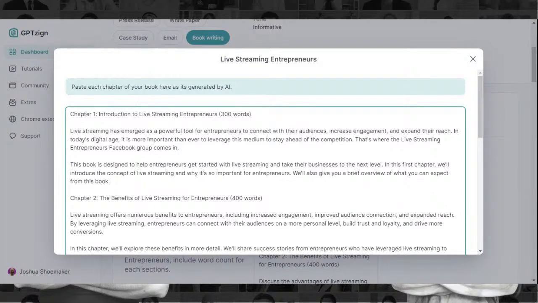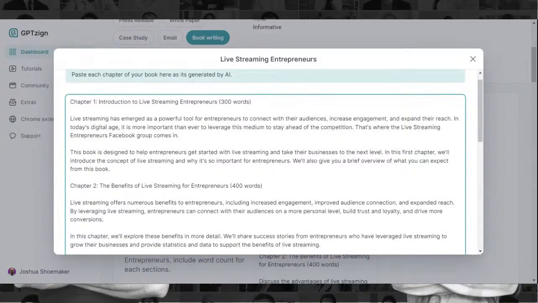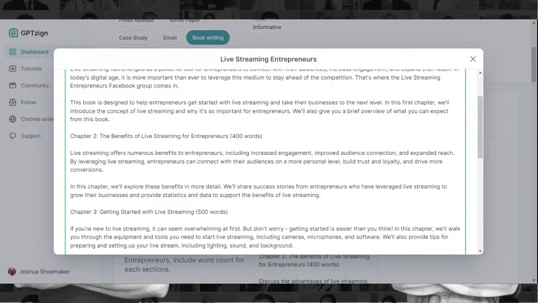Now, one thing, let's just say you're just going to use this content. Make sure you get rid of the 300 words. There is some editing. I suggest you read it. Make sure it sounds right. Maybe down in here, the benefits of live streaming for entrepreneurs. I read this and maybe add some of my own stuff to it. Put a link to it.